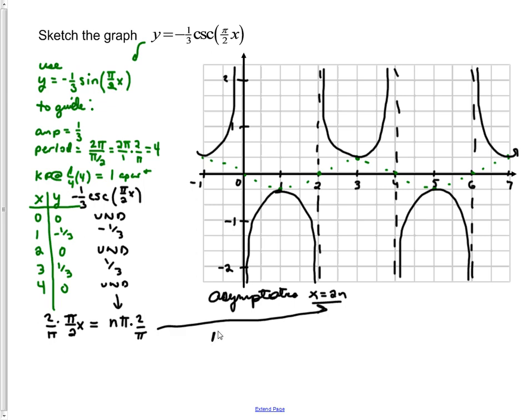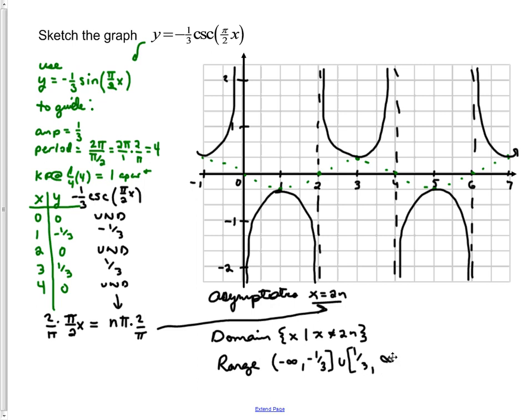So our domain is going to be the set of values x such that x is not equal to even values of x, 2n values of x. And our range is going to go from -infinity to -1/3, and it will include -1/3, union with the set from 1/3